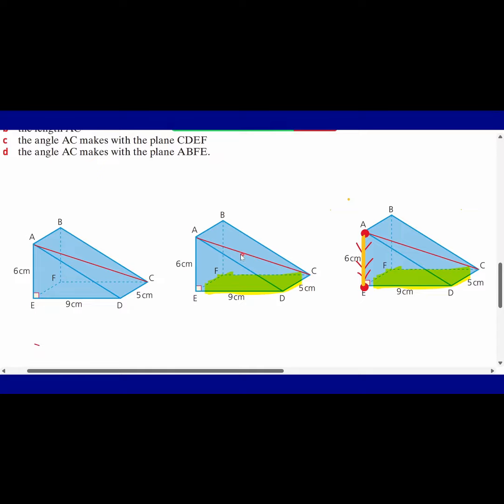CDEF, the point C is already located on the plane and A is not in the plane, so we have to project the point A on line AC to this plane CDEF. How do we drop that? We project A towards this plane with a perpendicular